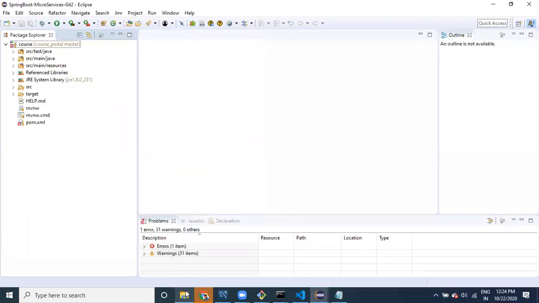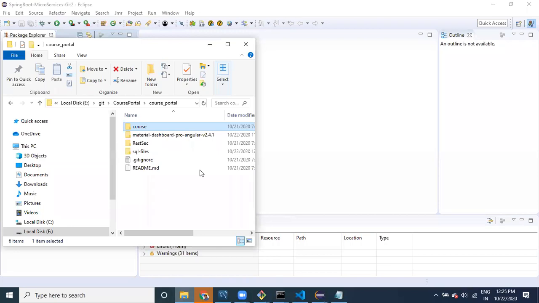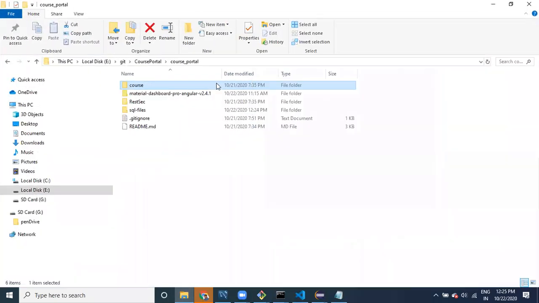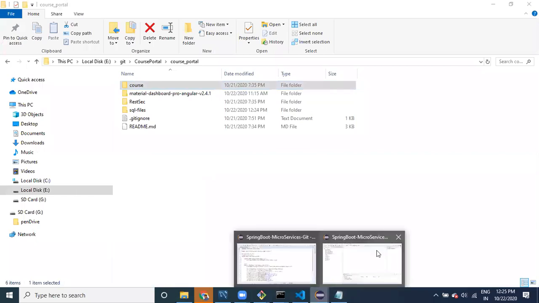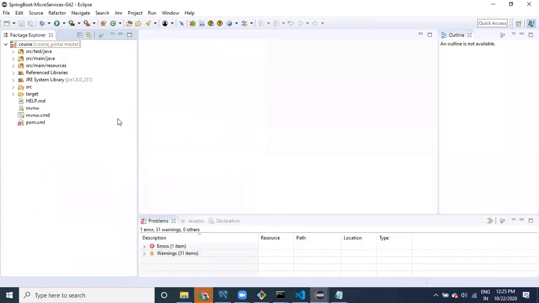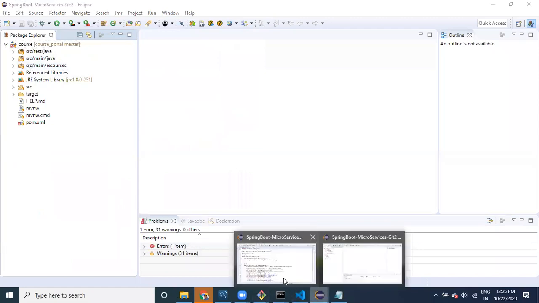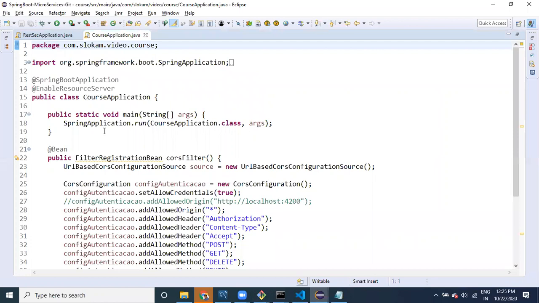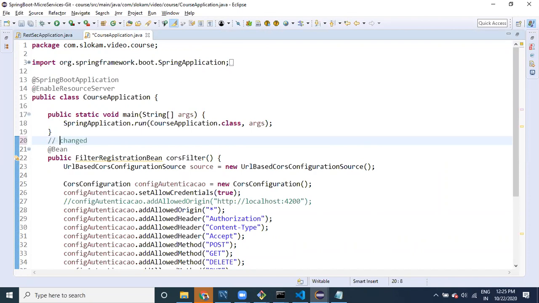So each repository, assume this is the new one, right? We got it. Now assume one Eclipse for one developer, another Eclipse for another developer. Here the first developer has changed code for his task. Right now both have the same version.